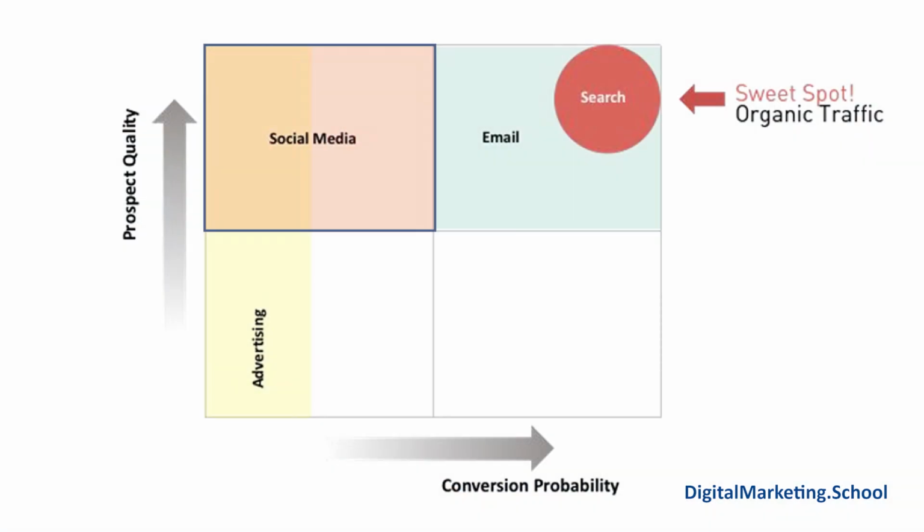On the other side, social media tends to be okay for conversion probability. And the reason for that is really the behavior of how people use social media. So if you think about when you use Instagram or Facebook or Snapchat or Twitter, it's typically when you're waiting in line at Starbucks or you're in bed at night, whatever it is. You're not really in the mood of buying things.